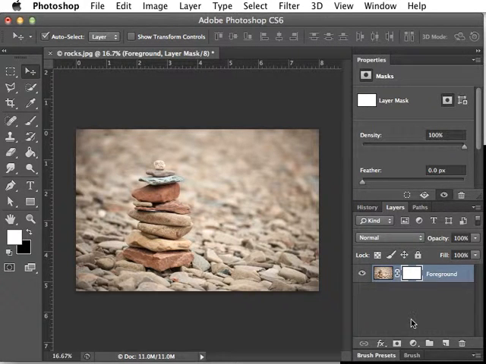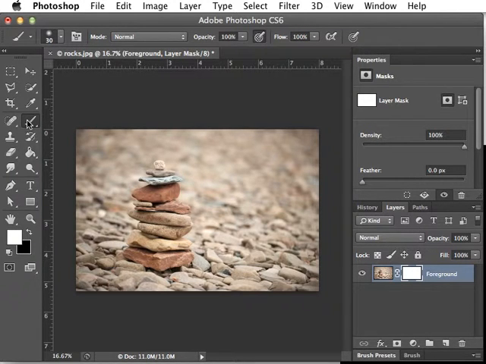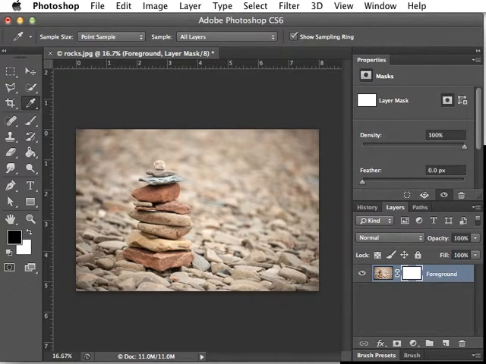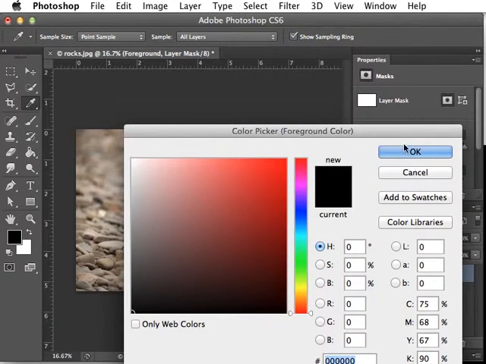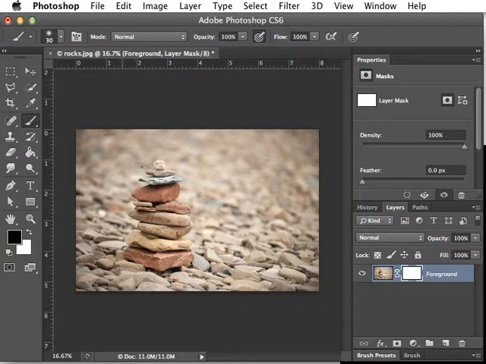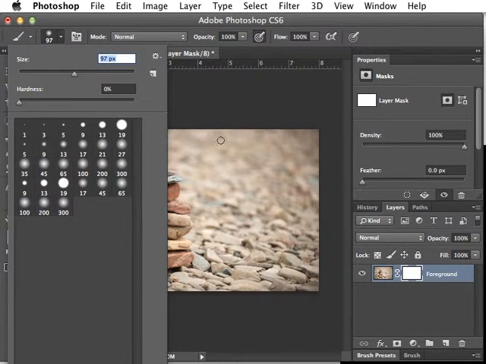So the next step here is if we start masking out this area, what you can do is you can grab your brush tool. You can either press B or you can click on it here, and we want to start painting black on there. So if you switch your foreground color to black, or click on it, and you can select the color, select it as black, and we'll increase the size of the brush, something that we can see. Let's do around 300 or so,